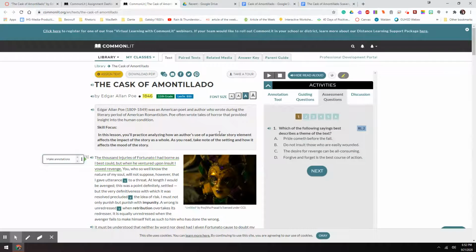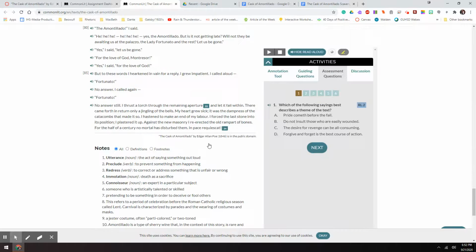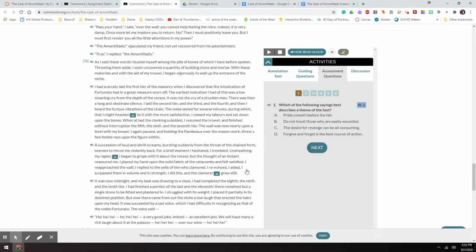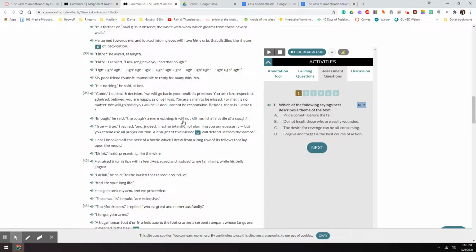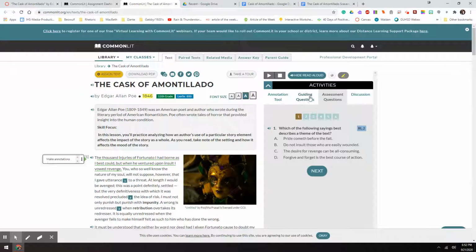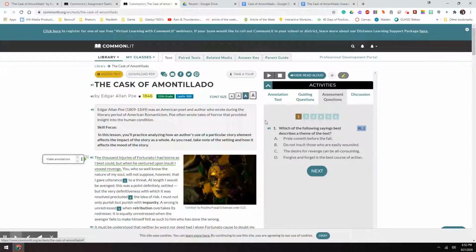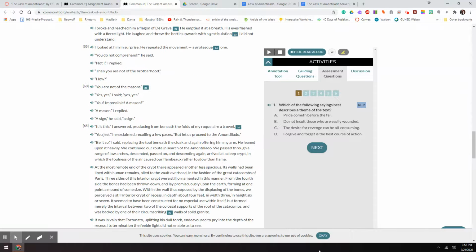Then at the end, once you have read the whole story, it's got all of the vocabulary down here at the bottom as well. But there are some assessment questions that you will need to answer as well. So your job is to annotate through the story, go through the guiding questions, and the assessment questions. Once you have done that,